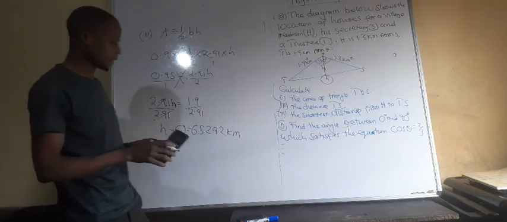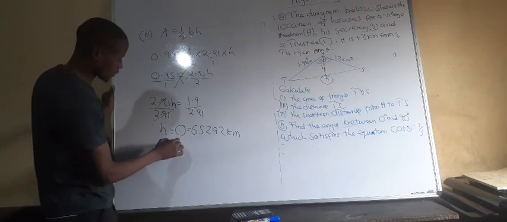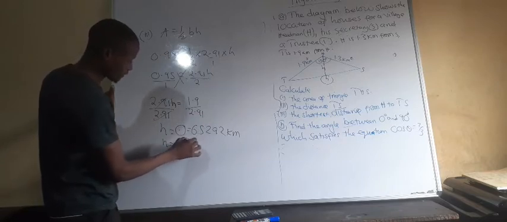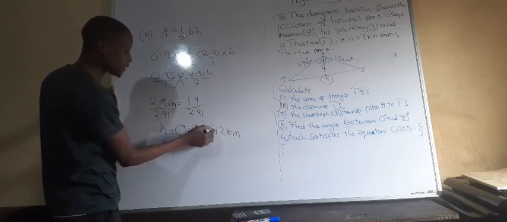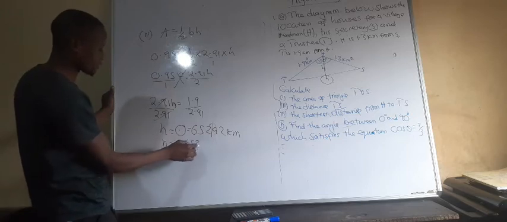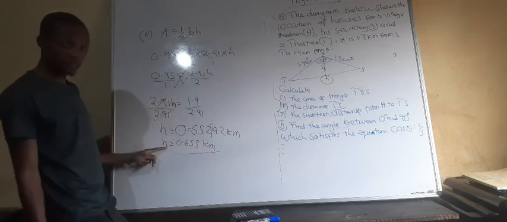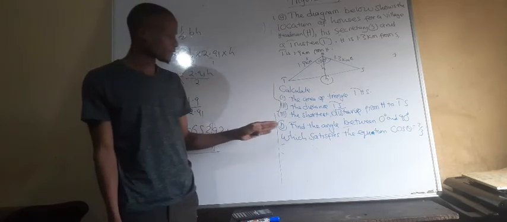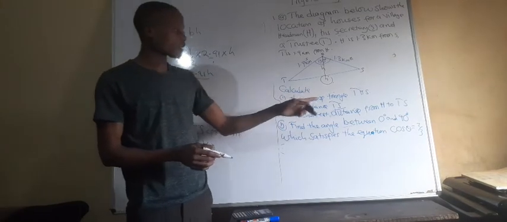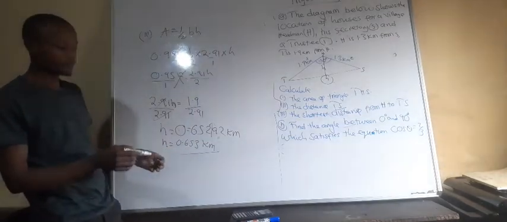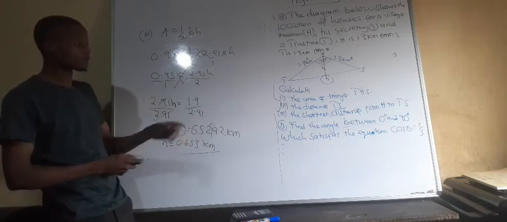Now the answer again should be left in three significant figures. So H is equal to 0.653. The number next to the rounding digit is more than 4, so we get 1 and increase the 2 by 1, which becomes 0.653 kilometers. The question did not ask us to find H, so at the end you say therefore the shortest distance from H to TS is equal to the answer you have found. Do not leave it here, because you are not looking for H, you are looking for the shortest distance from